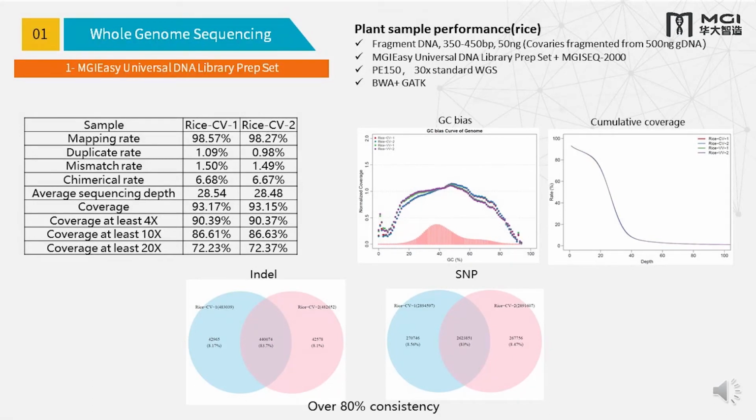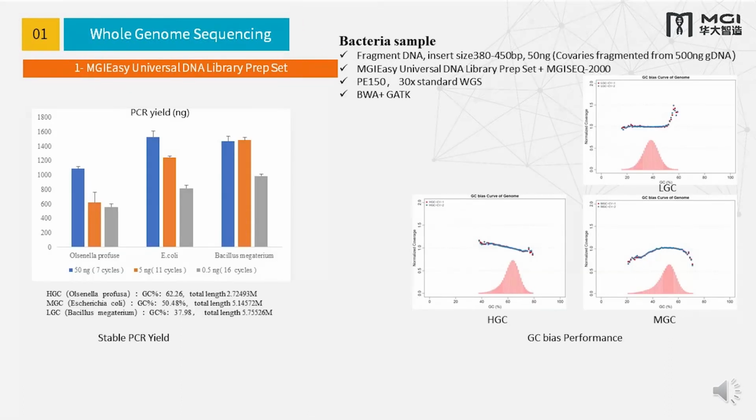Sometimes we observe some of the chemical rates is a little higher than pumps. I'm not sure whether it's because it's a multi-ploid genome. And this is for bacterial samples. Why we have to show here